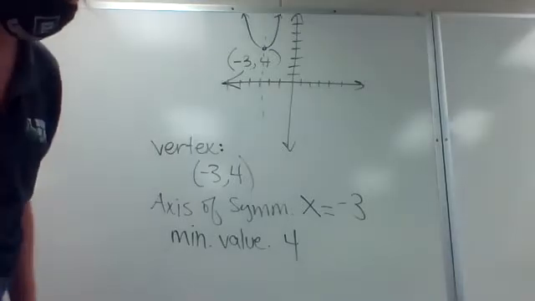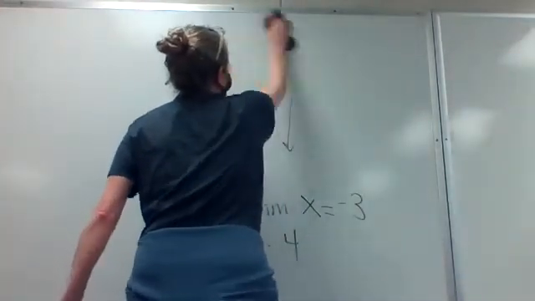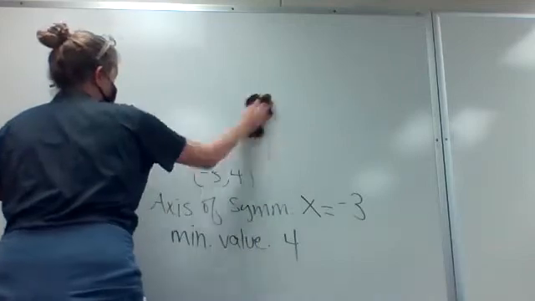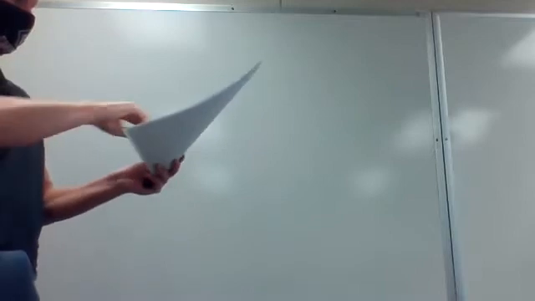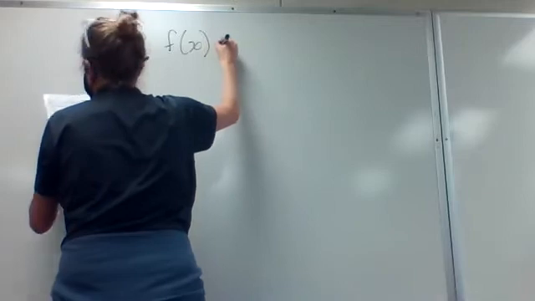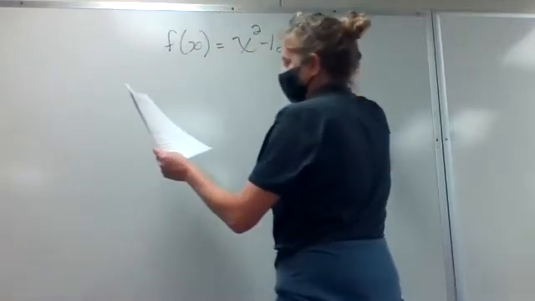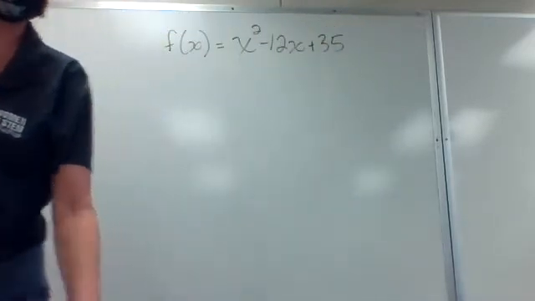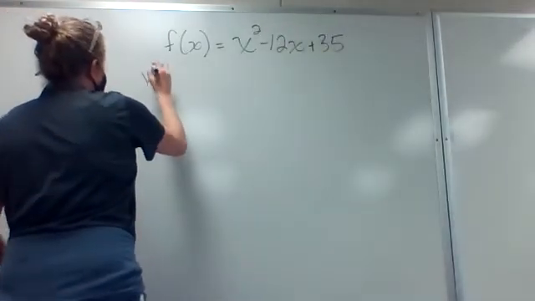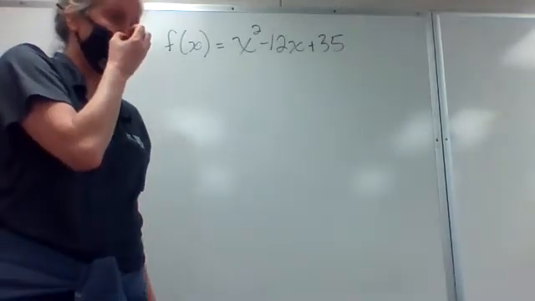Right, number 2. So this time it doesn't give me the picture. It gives me the function and it says f of x equals x squared minus 12x plus 35. And the first question it asked me is the vertex occurs where? Okay, so the way you find the vertex, if it doesn't just tell you what the vertex is, like it did in number 1,